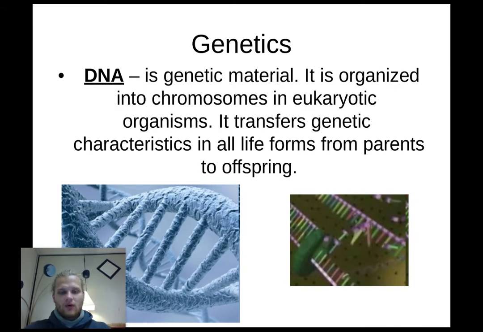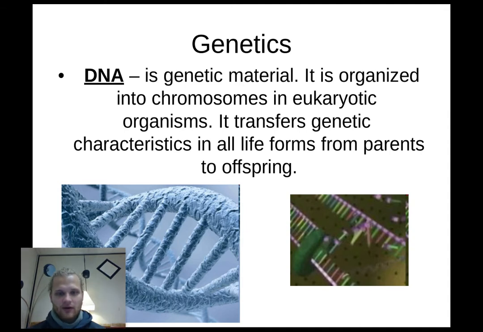All right, we'll keep going down the list here. DNA is the genetic material. We've talked about it a bunch. It is organized into chromosomes. We take that DNA, which looks like a little ladder, and it's spun up very, very tightly to the point where we make chromosomes out of it. That's how we store it very effectively. We can store a lot of DNA in one spot because we ravel it into a chromosome.